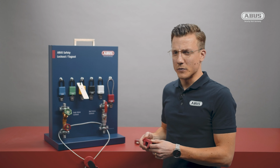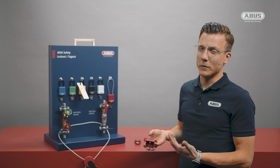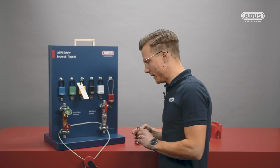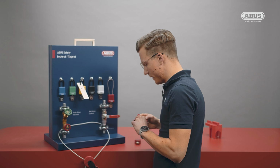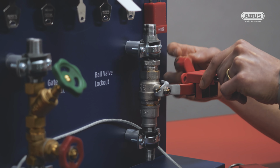But how does this work? Such a small device on a valve, and we'll see how easy it is to use, but how big the impact of this device is. And it is very easy to use. Just turn off the valve and clamp the V500 onto the valve